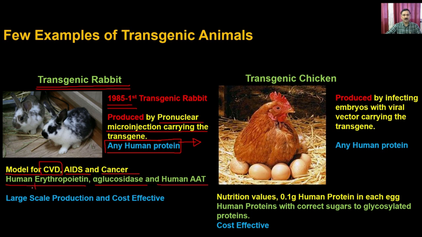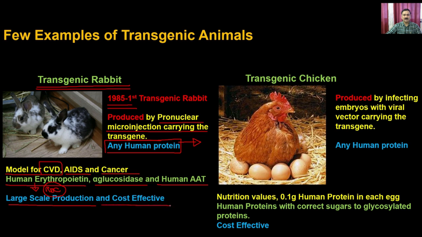So, human erythropoietin, as you know, is a very important hormone, and it is a growth factor that is required for production of RBC. So it stimulates the bone marrow to produce and differentiate the bone marrow cells into RBC. So that's how it can be used for patients who are developing anemia because their bone marrow is not able to produce a large quantity of RBC. Because of the transgenic animals, it allows you to have large scale production,